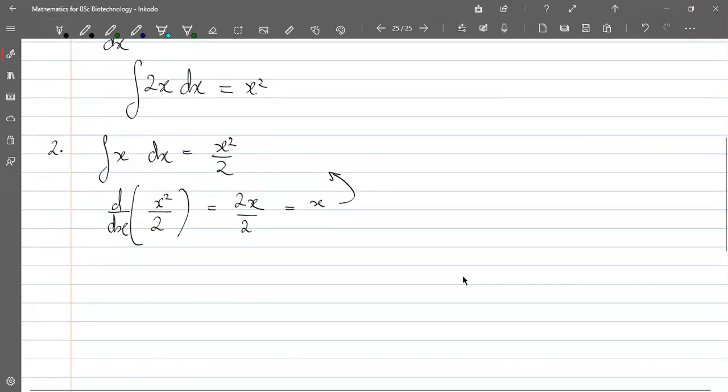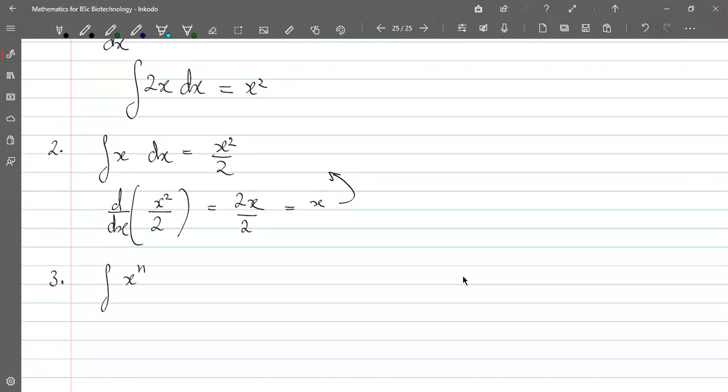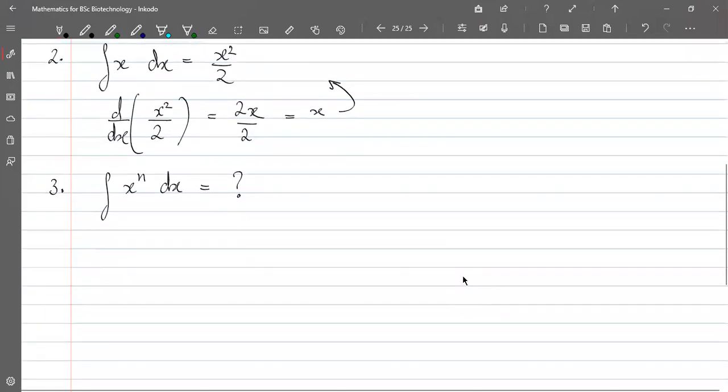Okay, then if I generalize this, I can ask for the differentiation of x to the power n, right? You can see that it's a generalization of this. If you put n equal to 1, you should get x square by 2 as the answer. So whatever answer you write here, when you put n equal to 1 there, you should get x square by 2. This is just a general version of this.